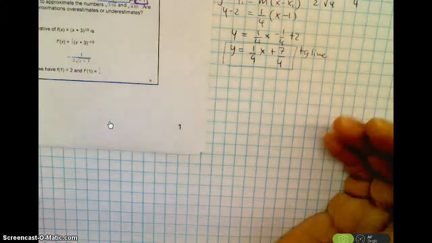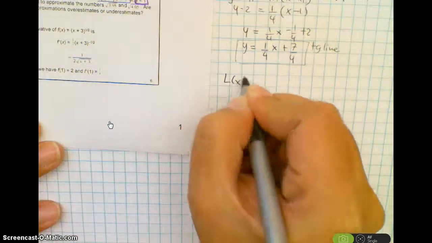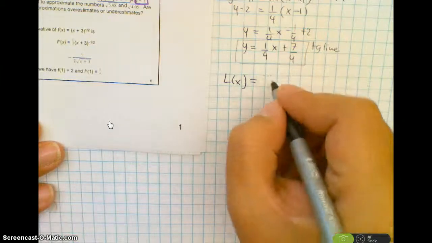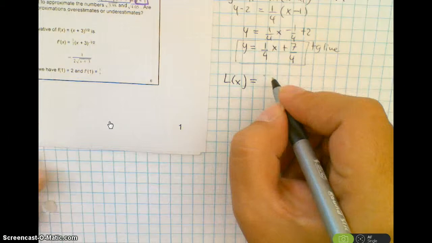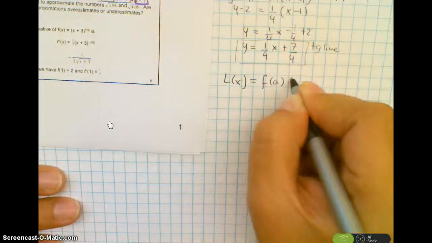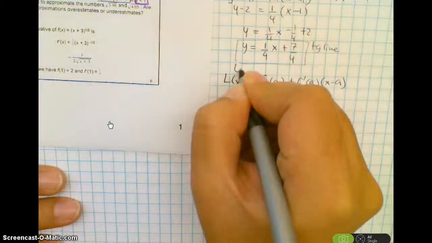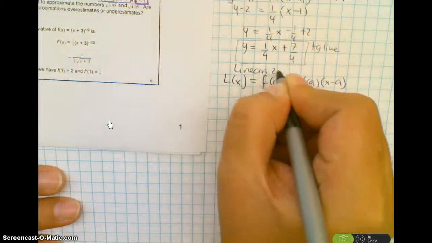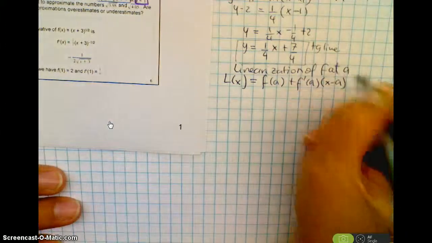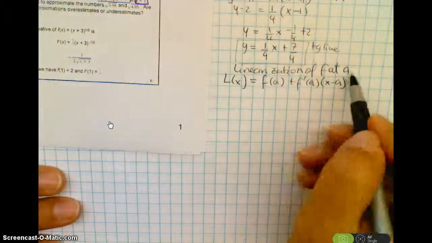So my linearization is saying, linearization of x is, let's see, f of a plus f prime of a times x minus a. This is the linearization of f at a. So in this case, for this example, it will be the linearization of f at 1,